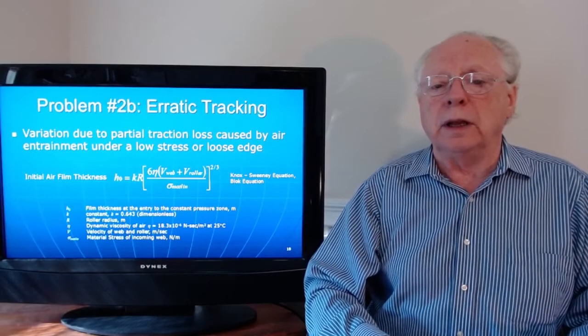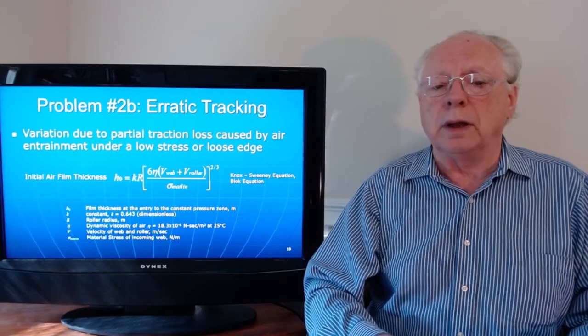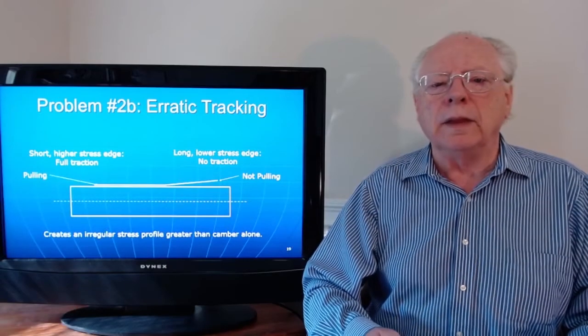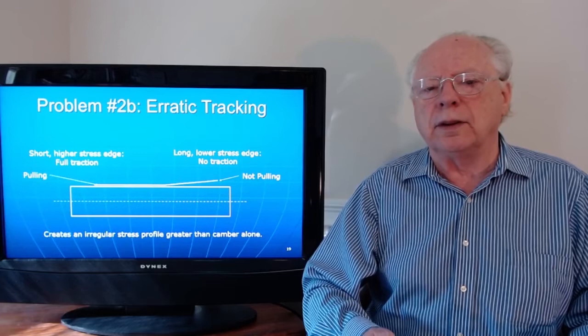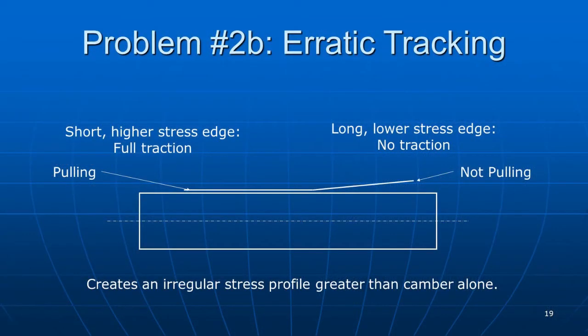The Knox-Sweeney equation calculates the initial air film thickness between a web and roller when the web first contacts the roller. When the air film thickness exceeds a value determined by the properties of the system, the web will float above the surface of the roller. That is, no contact, no friction, no driving force. The incoming web stress is in the denominator of the equation. This means that the loose side of the cambered web will have a thicker air film and can lose traction